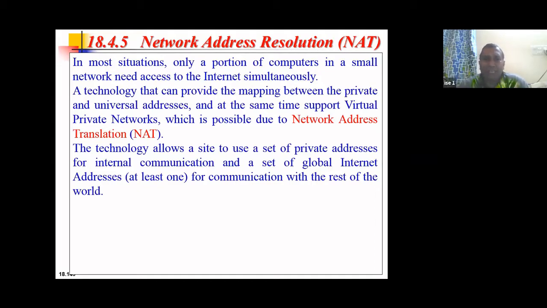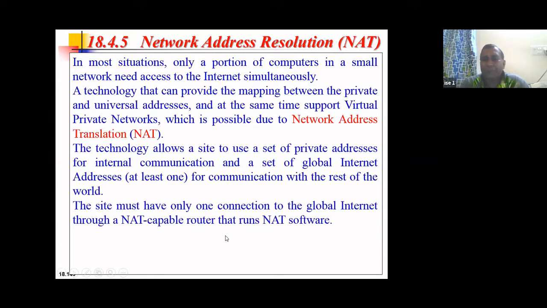So basically, network address translation is nothing but within the network, a private type of communication happens, and outside the network, it is global communication that happens. You got the idea. So there are two types of addresses maintained by the host. Within the organization, suppose I have got 256 addresses.